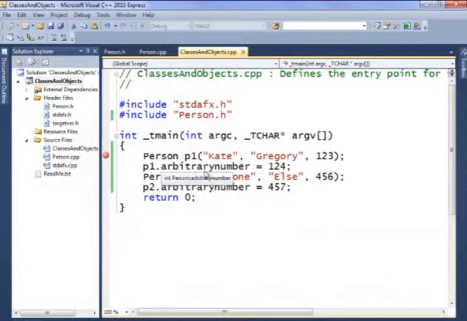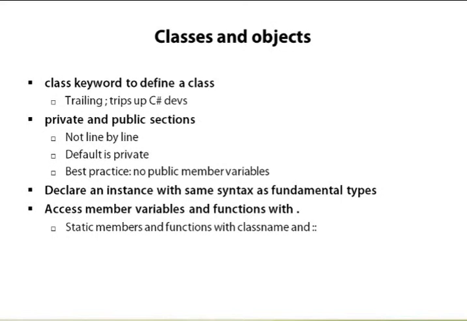This dot syntax, the object's name, dot field, or member variable, or member function, or whatever part of it you want to talk to, happens whenever you're dealing with objects. So let's write a class